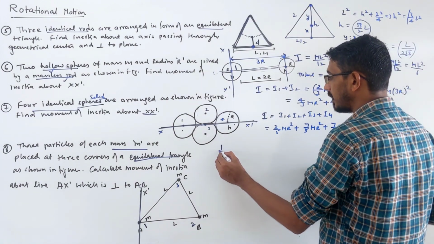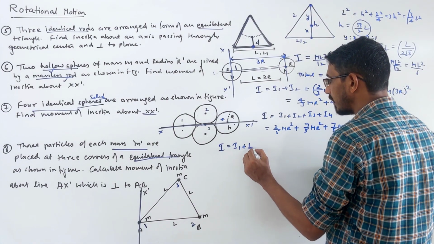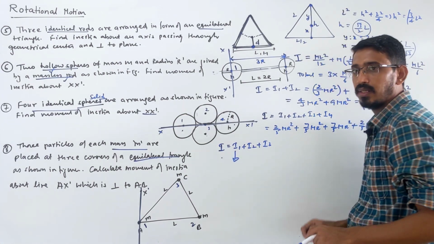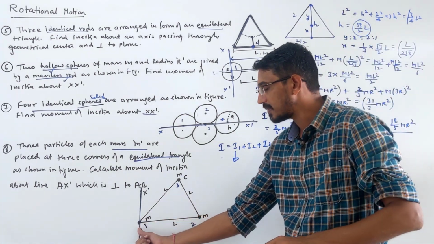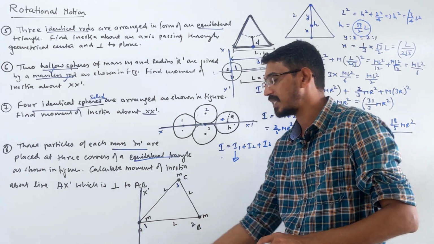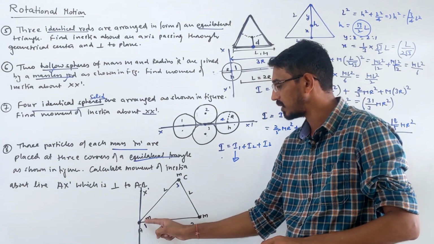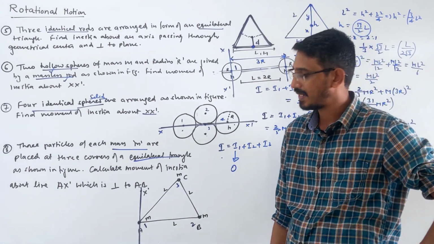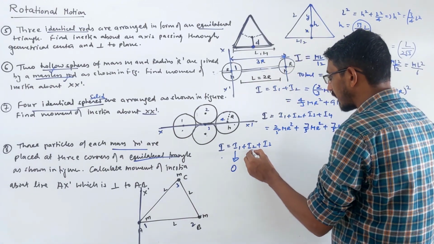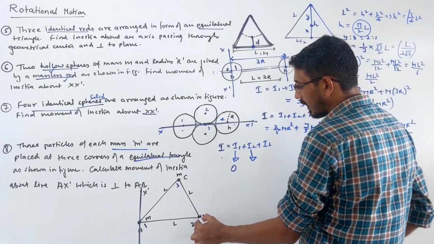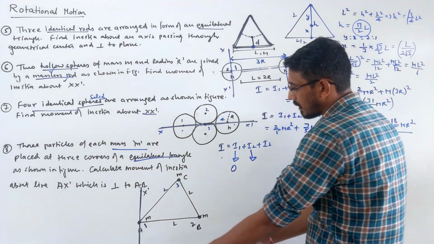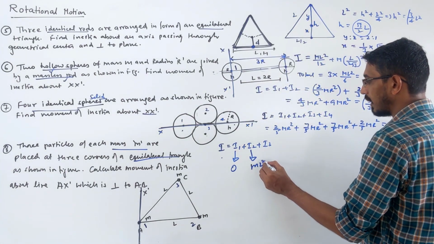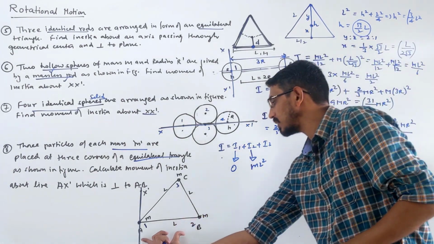So look here, net inertia will be what? Simply I1 plus I2 plus I3. We have to find this. Now what is I1? Inertia due to that mass. This is placed on the axis itself, right? Because that's the axis passing through this mass. So that becomes 0 directly, because no r, no distance. What is inertia due to the second sphere? This sphere I am talking about, right? This sphere is at distance L. So inertia due to that sphere simply becomes mL square.